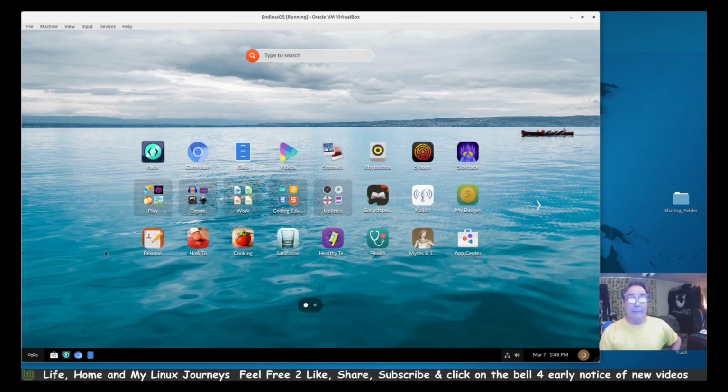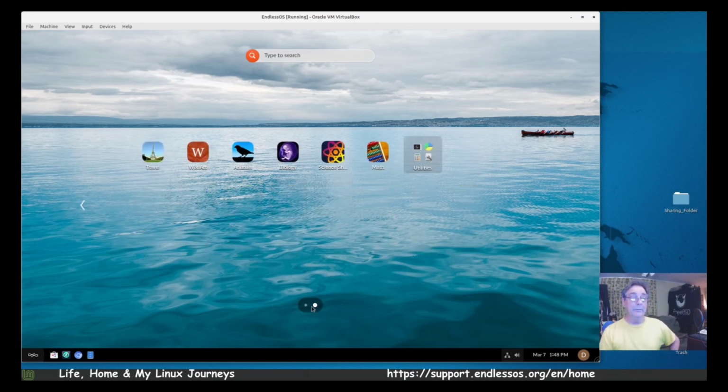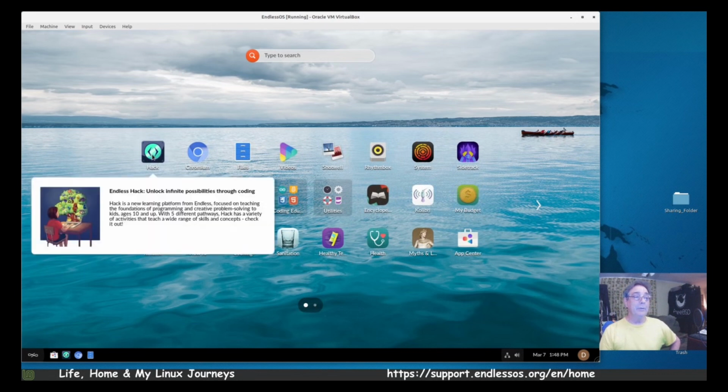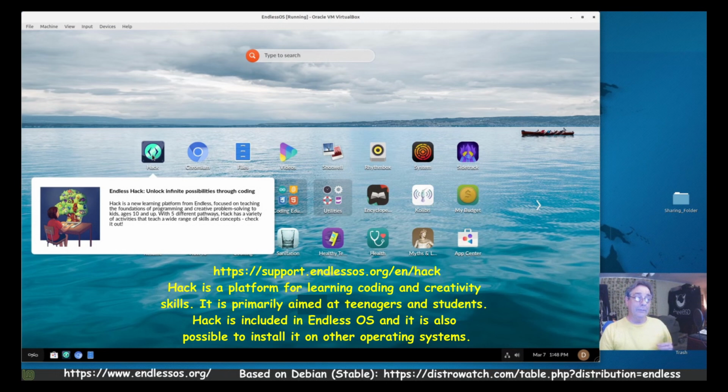So you can see it's based on GNOME. What you'll see here is the GNOME Shell, and you've got 2 pages. That's the second page. On the first page, this program right here is a learning platform focused on teaching creative problem solving to kids ages 10 and up with 5 different pathways. Hack is a variety of activities that teach a wide range of skills and concepts. Check it out.